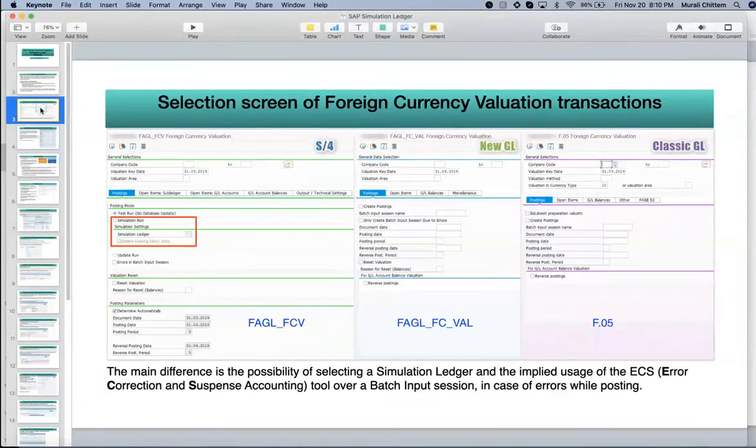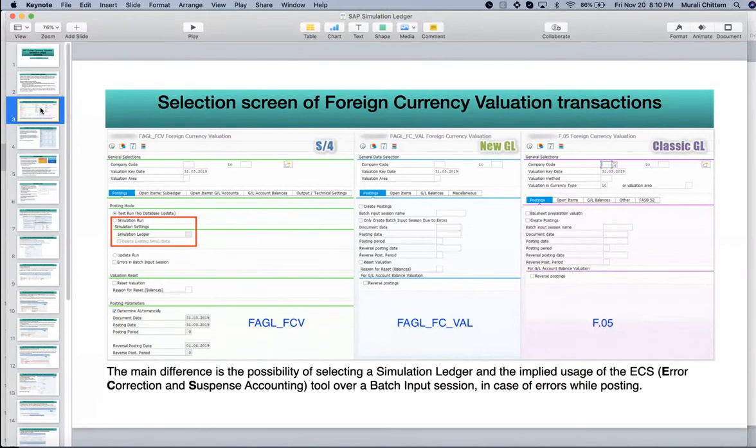I hope everybody is able to see the screen. This screen shows the foreign currency valuation transaction codes in different systems. The first one is in S4HANA, transaction code FAGL_FCV.